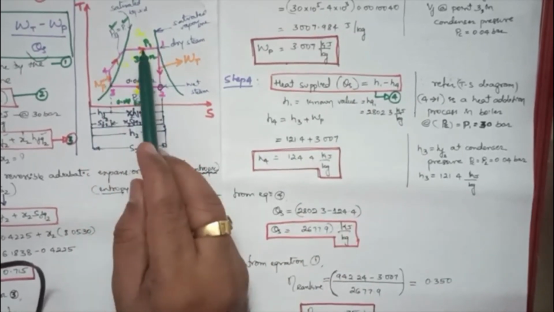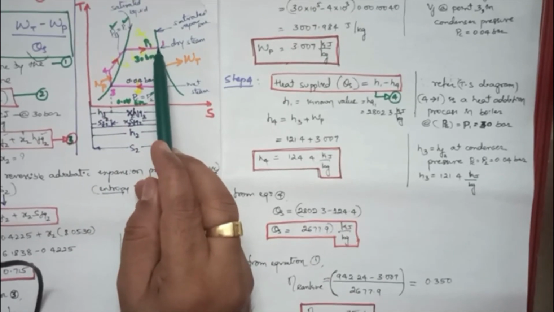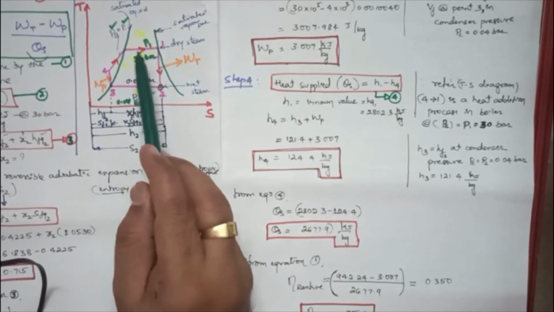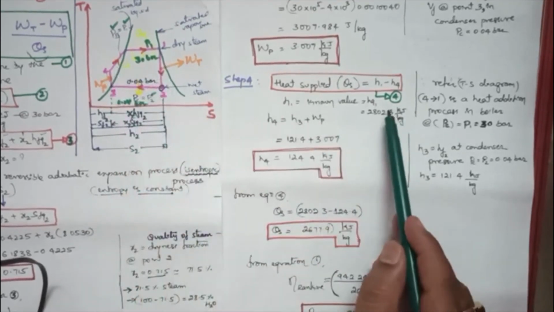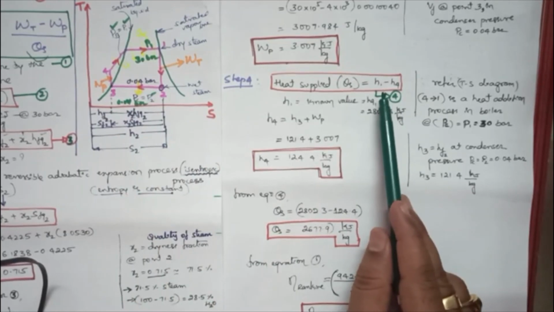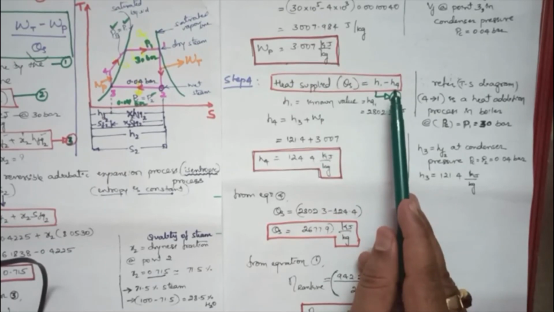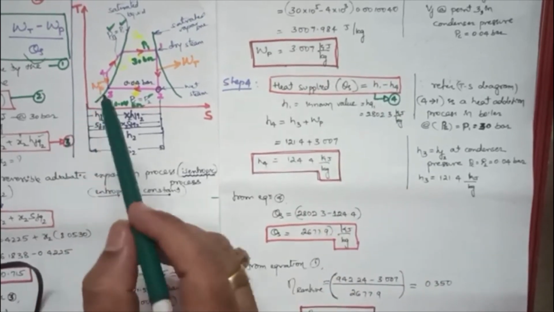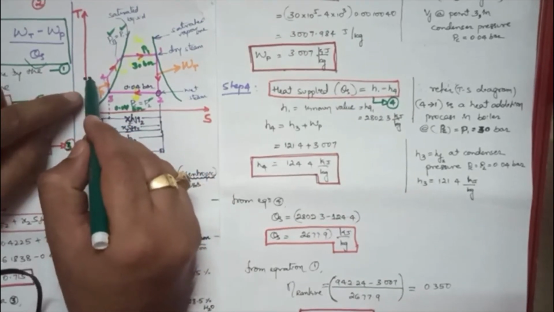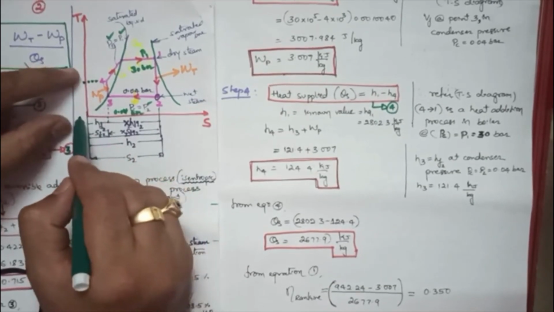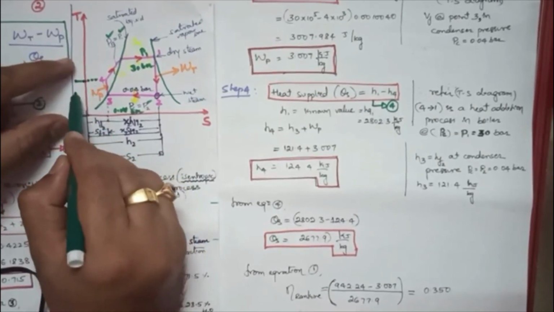So in 4 to 1, which temperature is more? Point number 1 temperature is more. So obviously enthalpy will be more here and enthalpy will be less here. So H1 minus H4 will give the heat supplied. Okay, H1 already you have taken from the data handbook, but H4 we have not taken till now. So H4 is where? H4 is here. Be careful, observe here, very important point. H4 is here. I need from here to here, this height.